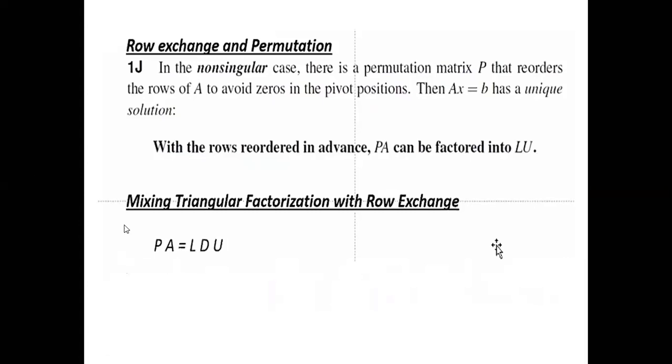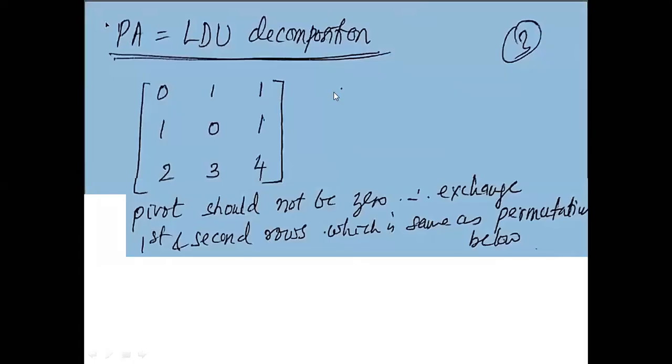It will be much easier. So the form that we will be looking at, if you look at the screen and the cursor, is P into A equal to LU. In the previous problem yesterday, we were given A and we decomposed it into LDU. However, here our task will be to first split A into PA and then convert that into LU. So to understand this better, let's look at this example.